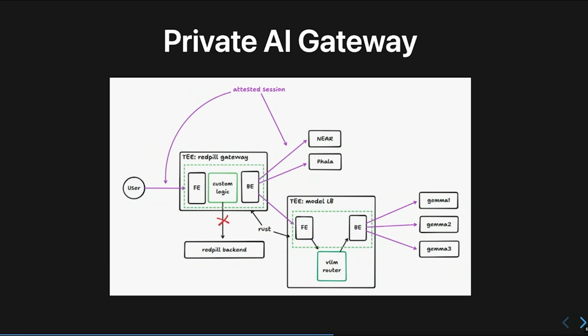And on the gateway side, we just make sure all the evidence is stored. So if a user wants to check it, they can request the original evidence, so they can be sure what's running. And of course, as a user, you can also say, I'm only going to send the request to Phala, but maybe not another provider. So it's up to the user.